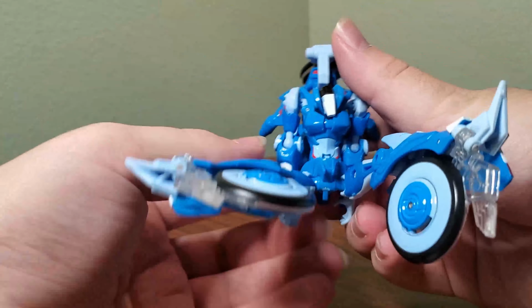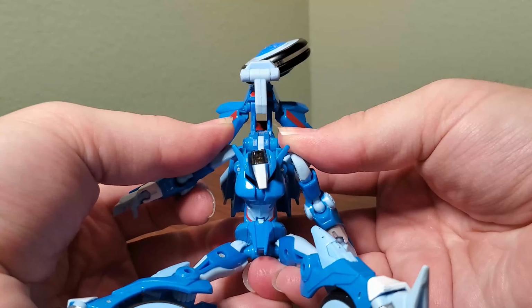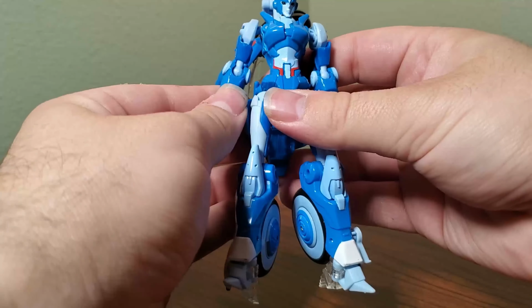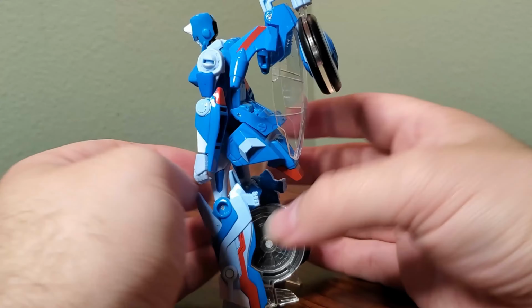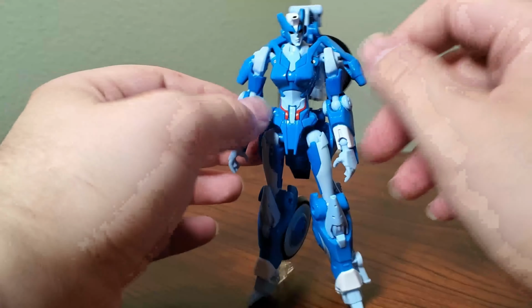So then you want to bring out the arms like so and push them down until they kind of chunk into place. Then you can see it's kind of folded in half there. Bring that down and it'll automorph the head up. Bring that down, stand her up kind of. Bring the skirt piece back down just a little bit, and then you can fold all that up onto her back. So she does have a pretty large backpack, but overall the transformation is pretty good,